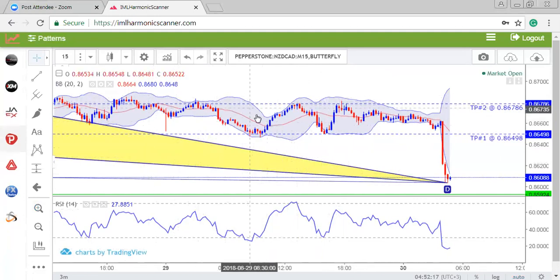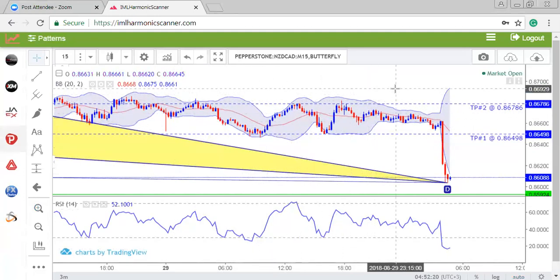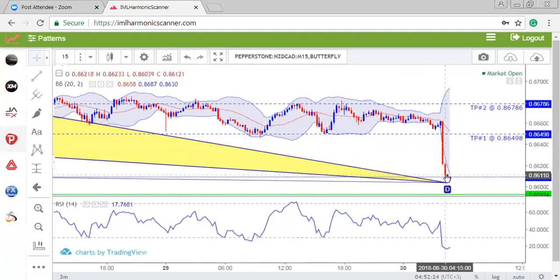So there's history. This has just been a ranging market. Some news may have dropped to cause this decline right here. But if you are confident that it could possibly come back up, you can always set a pending order. Do you know how to do that? You can set a pending order. In this case, if you believe that this price could possibly go all the way back up to take profit two once it recovers from this news article right here,